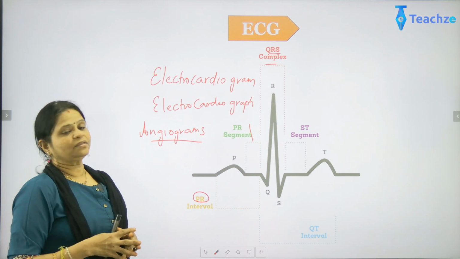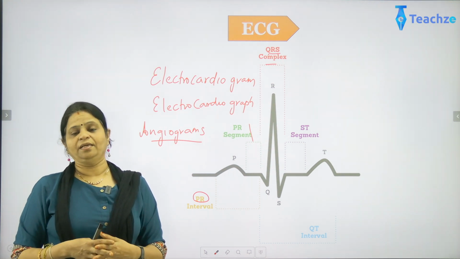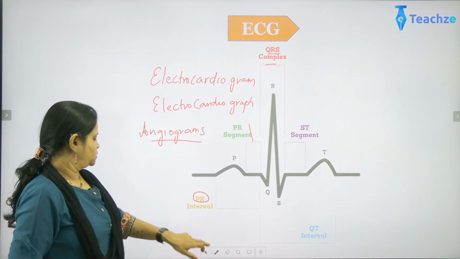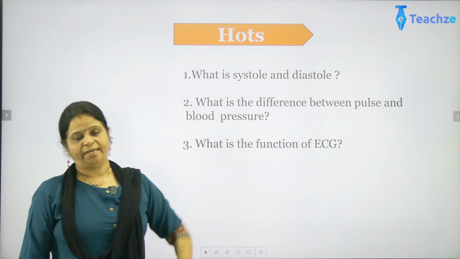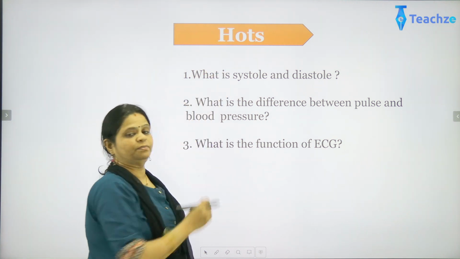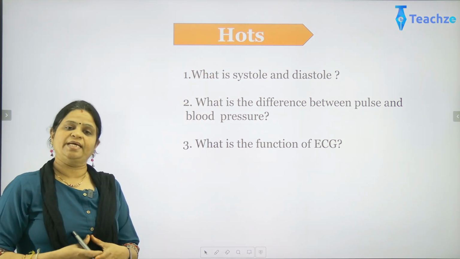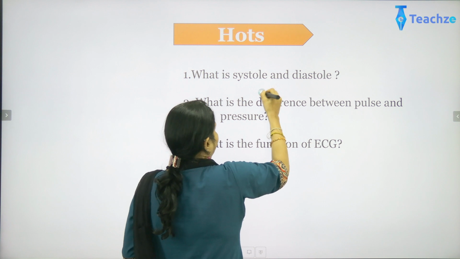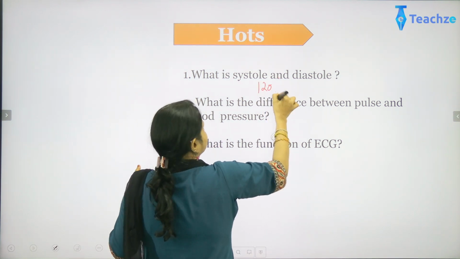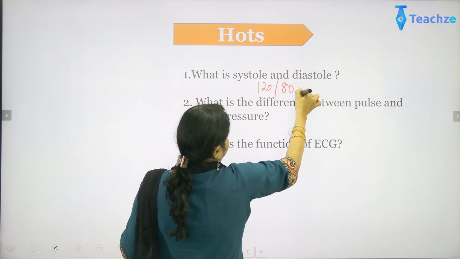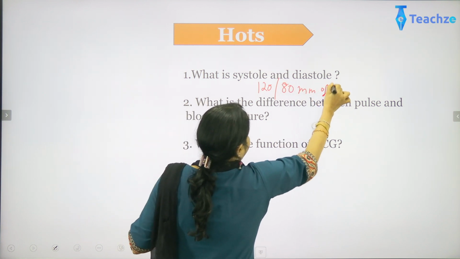Okay, now with that understanding, let's take up a few questions. The first question: what are systole and diastole? Systole is the upper level of the blood pressure, and diastole is the lower one. It is given as 120 by 80. So 120 is the systolic pressure and 80 is the diastolic pressure, and this is all measured in